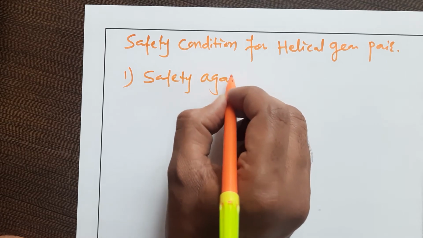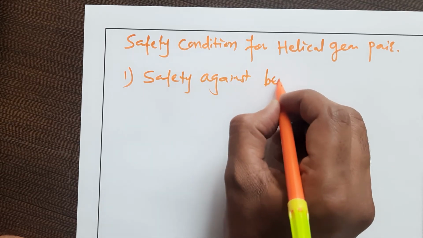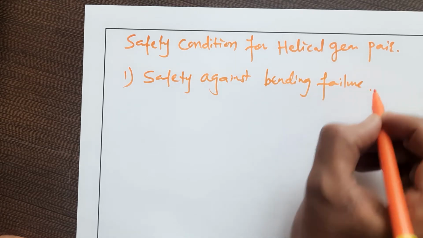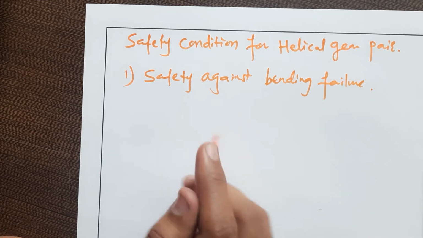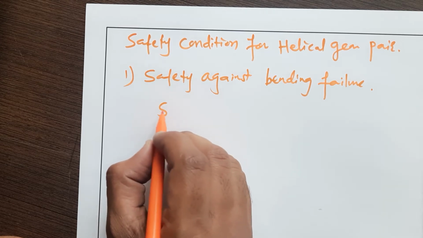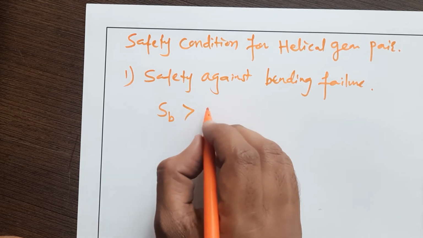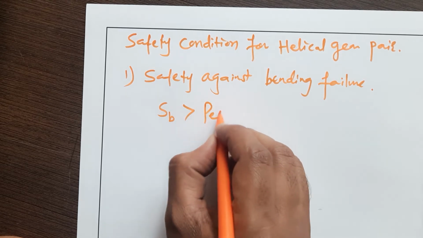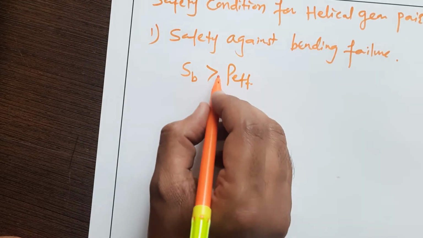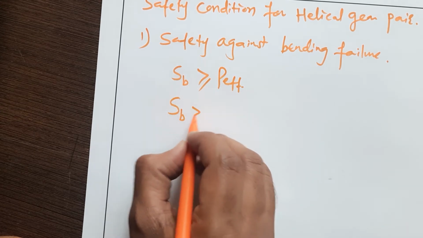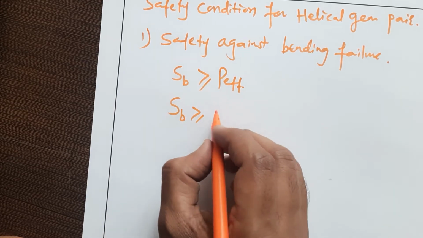Safety against bending failure. To avoid bending failure, your beam strength, that is SB, should be greater than or equal to effective load, or you can write here, beam strength should be greater than or equal to factor of safety